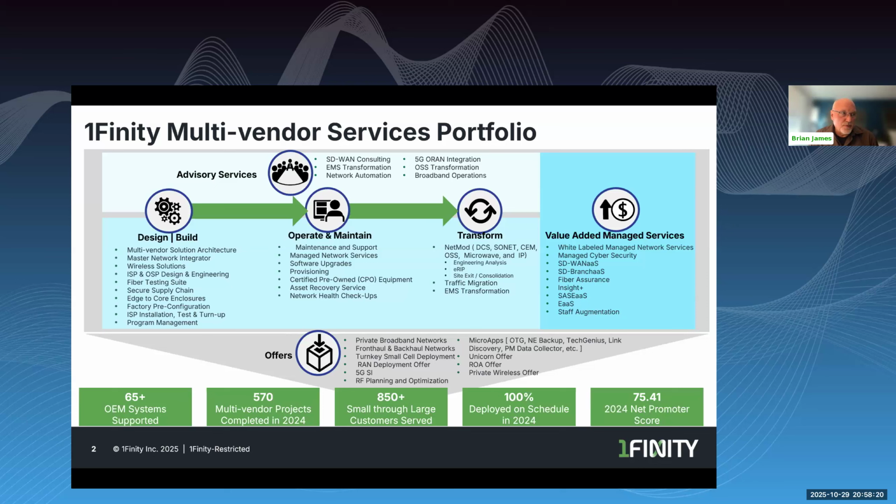What is that? 75 and above is considered world-class or exceptional products and services from customers about 1finity. So we are highly recommended by the clients that we service.